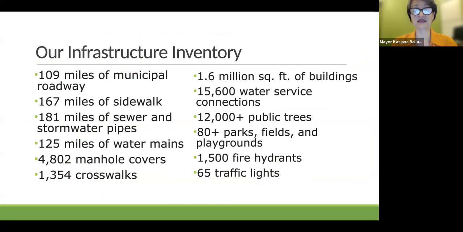That doesn't include the state roads in the city like McGrath or Alewife Brook Parkway or Mystic Avenue. 167 miles of sidewalks, 181 miles of sewer and stormwater pipes, 125 miles of water mains, and 4,802 manhole covers, and 1.6 million square feet of buildings. I won't read the whole slide. There's more, but this just gives you a picture.